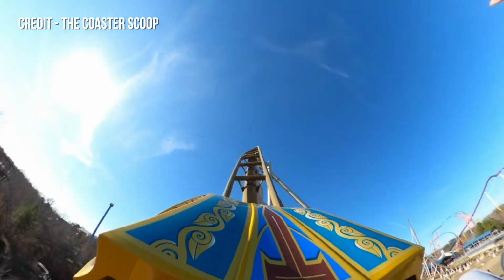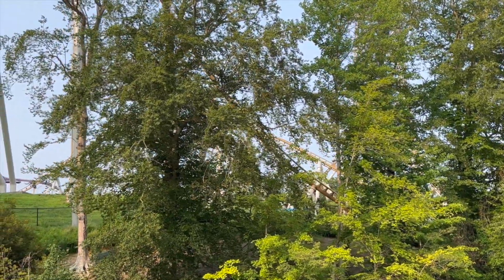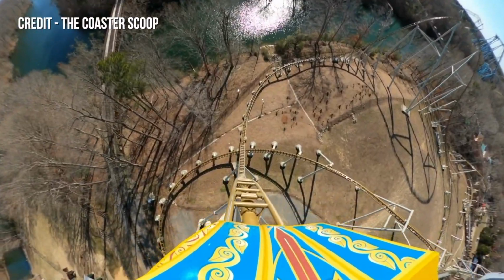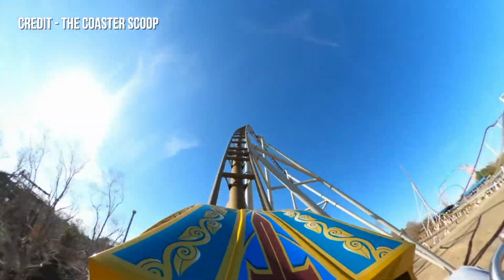It is the most intense part of the ride. You are definitely going to start to see some gray here. It is also the fastest part of the ride, as the drop perfectly uses the terrain to its advantage. After hitting your max speed of 73 miles per hour or 117 kilometers per hour, you pull up into a